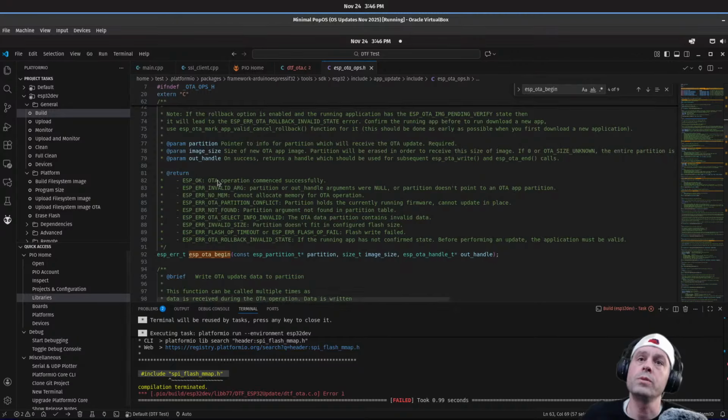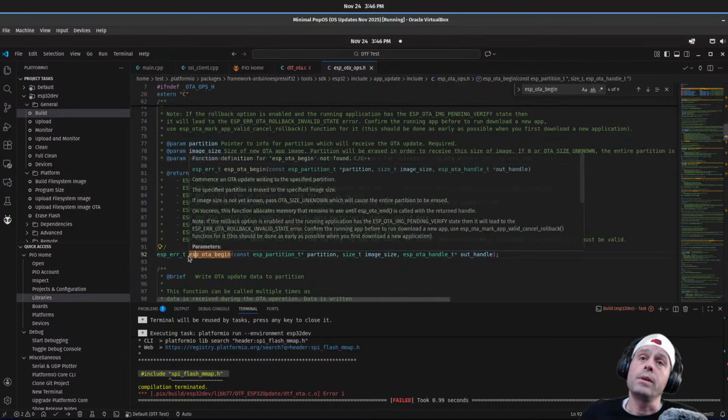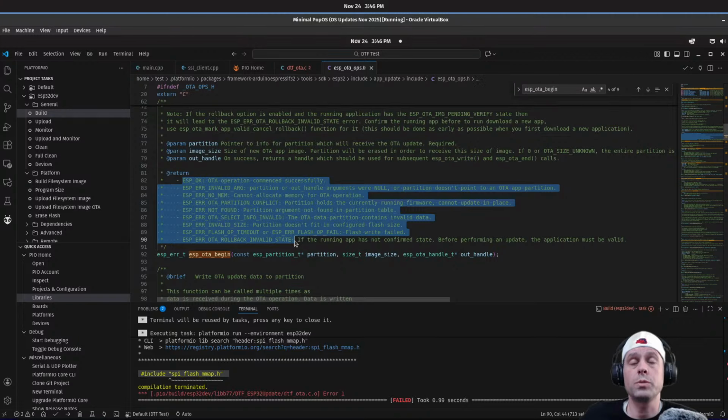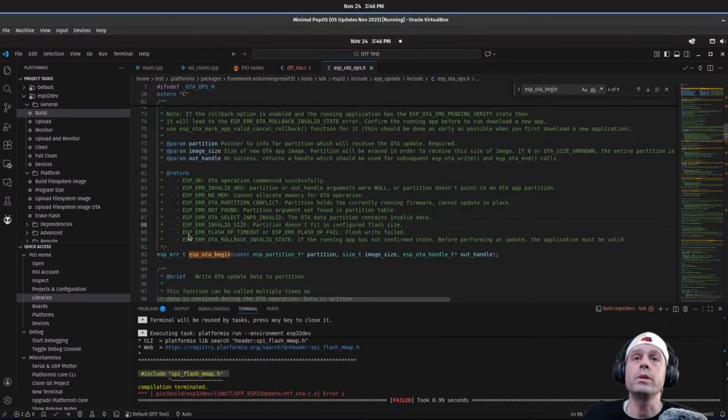Same issue with includes. What is happening here is you can see this is the return, and this is how I wrote the SDK. This is the official documentation from Espressif saying here are the possible return codes. Well, there's two of these that are very important, and that is ESP error flash OP timeout or ESP error flash OP fail.